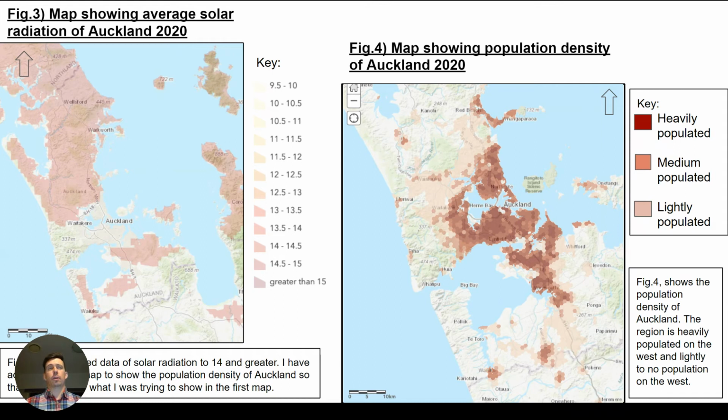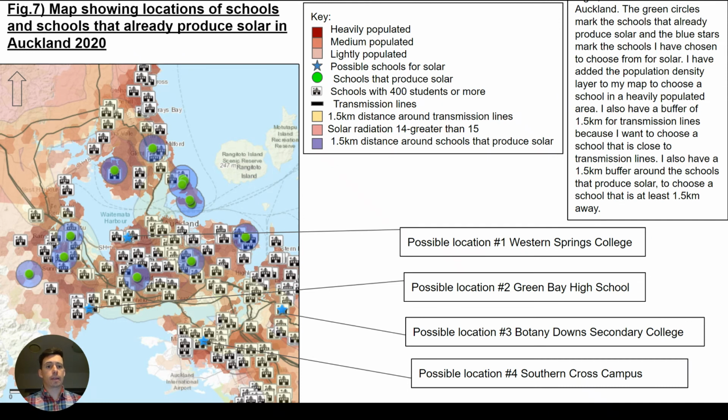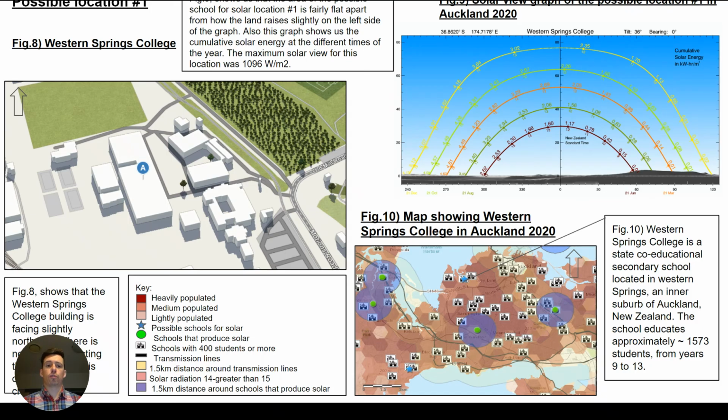We looked at, this student here has looked at solar radiation, how much is hitting there, the population density, arguing that, well, we want solar generation in places with high pop density because we want to promote it. We want to have a lot of people coming through, driving past, seeing it and thinking, hey, maybe I could do that at home. That was the angle that this student has taken here. And also with that in mind, thinking, well, where's already producing solar? Let's put a buffer around that and say, hey, we want to spread them out a little bit, starting to identify some possible sites, some possible schools. I think there's a filter here, schools with 400 or more students, so it's of a sufficient size to afford the roof space.